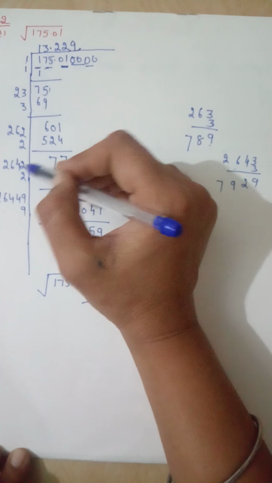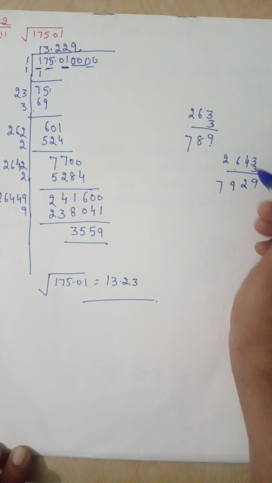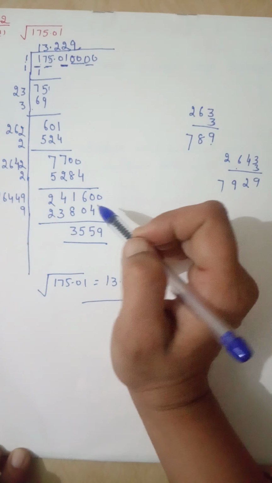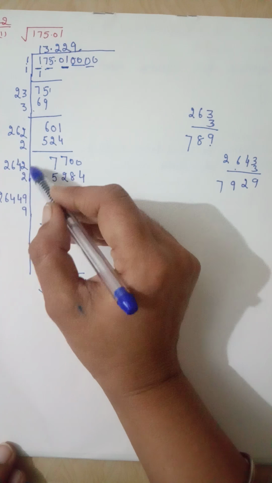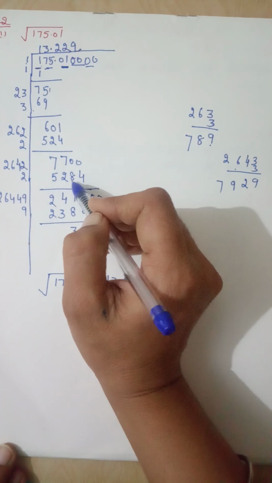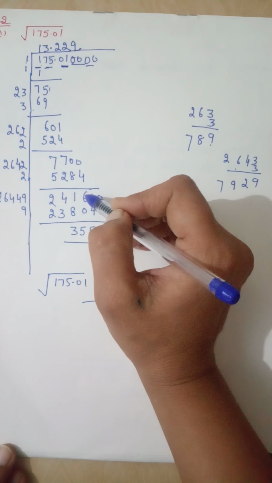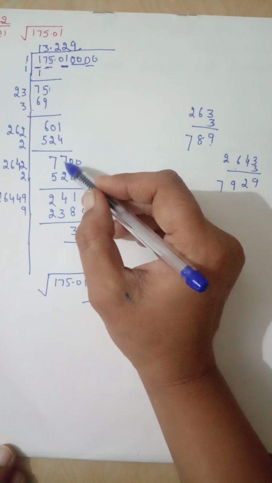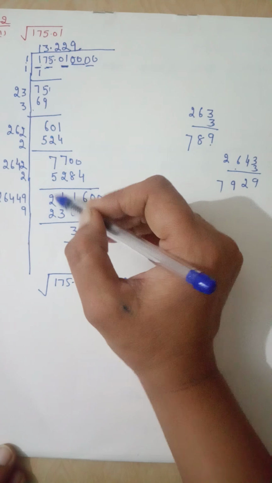Now 2 3s are 6. We check by 3 again. 2 6 4 into 3: 3 3s are 9, 3 4s are 12, 3 6s are 18 plus 1 is 19, 3 2s are 6 plus 1 is 7. Now it is more, so we divide it by 2 again. By 2: 2 2s are 4, 2 4s are 8, 2 6s are 12, 2 2s are 4 plus 1 is 5. 10 minus 4 is 6, 9 minus 8 is 1, 6 minus 2 is 4, 7 minus 2, 7 minus 5 is 2.